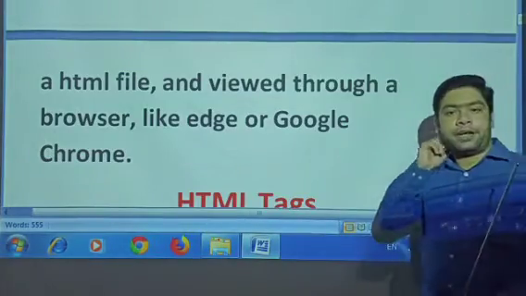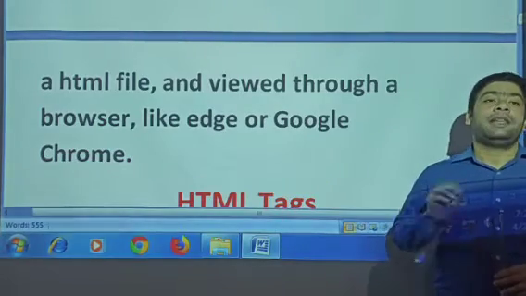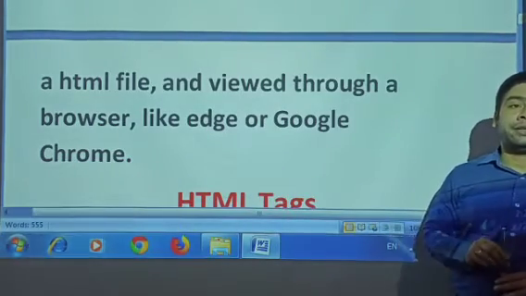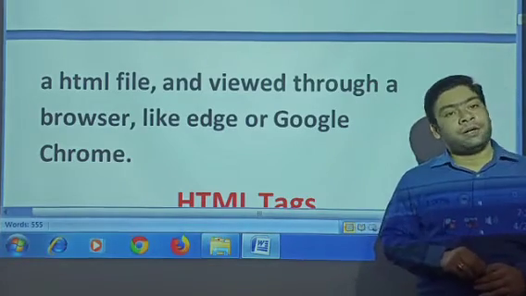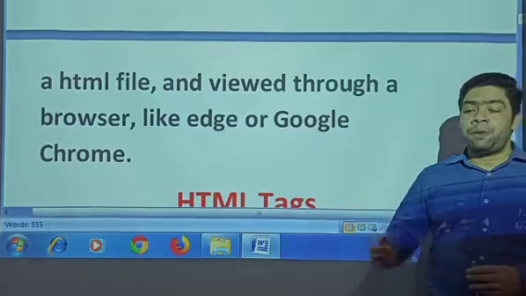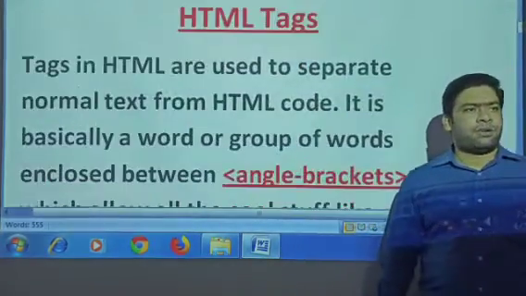So we simply write down everything in the form of tags, and these tags are written in a text editor. When we complete our typing, we open it in a web browser.